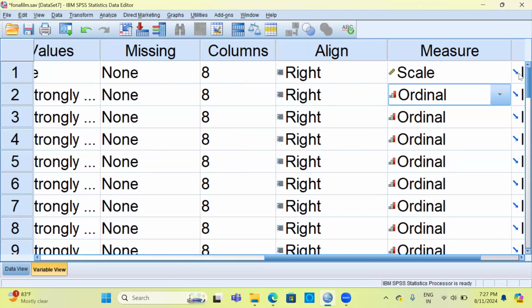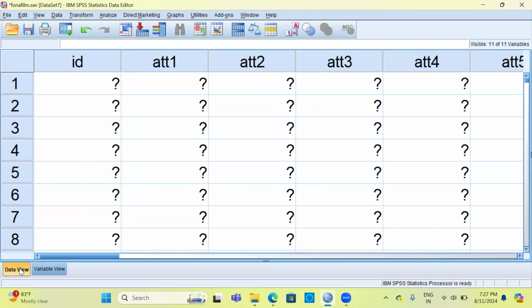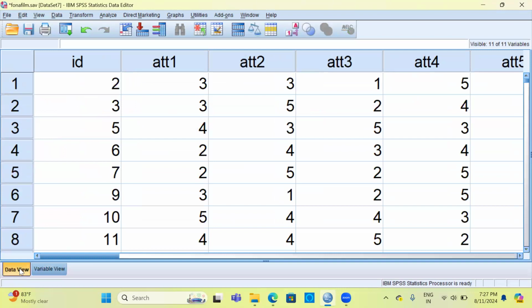Now, there is a 50-year-old debate whether a 5-point scale should be considered as ordinal or interval. Many times, there are cases where people have considered ordinal data as a form of interval scale. With this background, let me now proceed to data view and generate the descriptive statistics for these 10 Likert scale